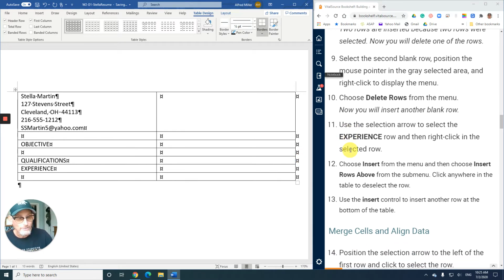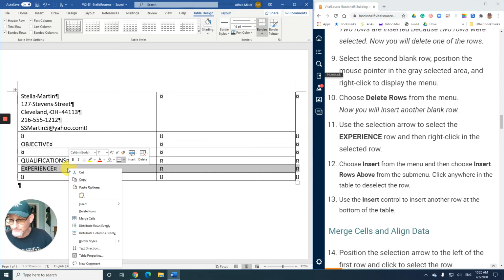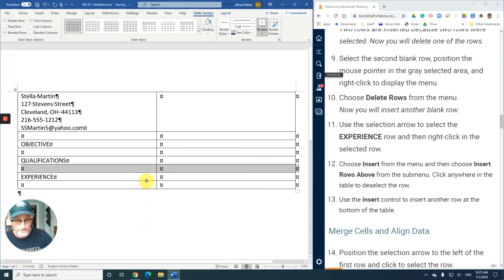Step 11, use the selection arrow to select the experience row. And then right-click in the selected gray area. Go to Insert again. This is step 12, and choose Insert Rows Above. That was step 12. Step 13 says use the Insert control to insert another row at the bottom of the